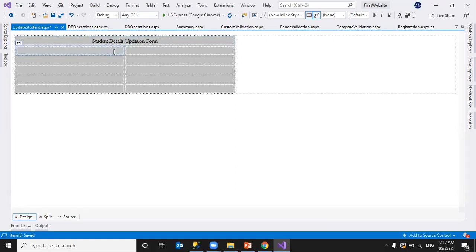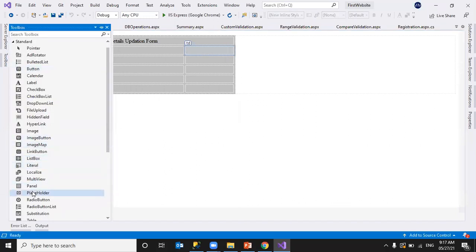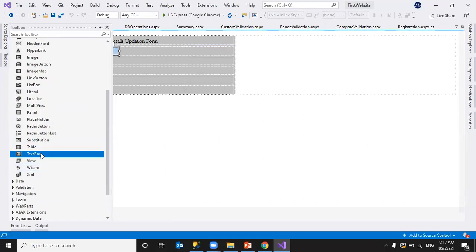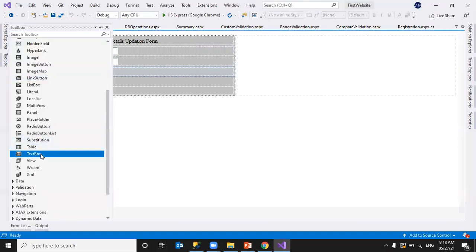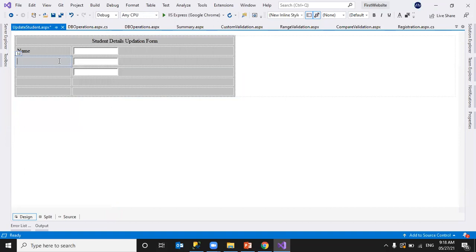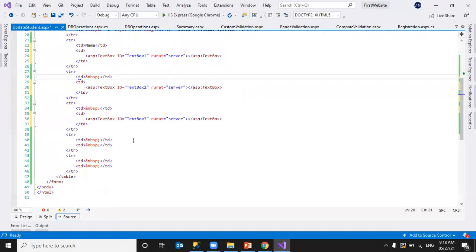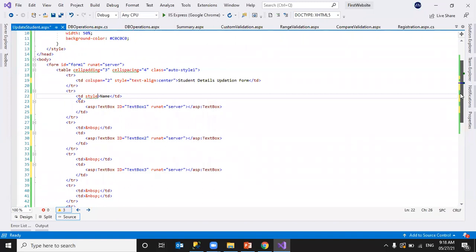I'll take a name label here, or simply put some text. I'll take a text box here. I'll take a text box for name, then for age, then for address or city. I'll assign text align right for these. We can use style, or we can give a class name and use that here.